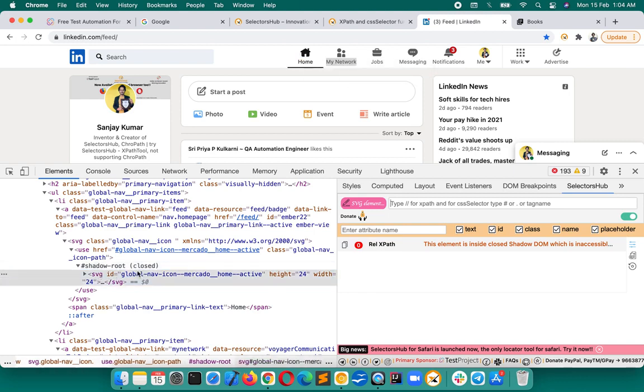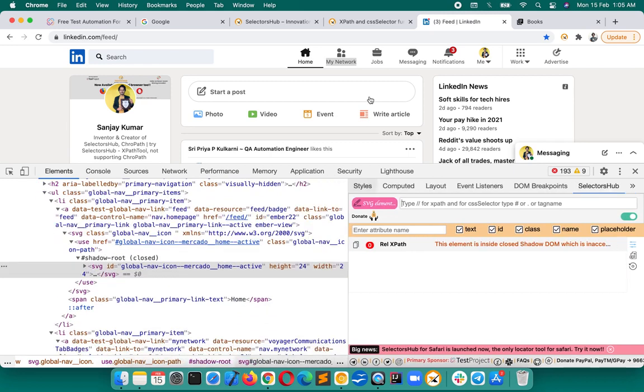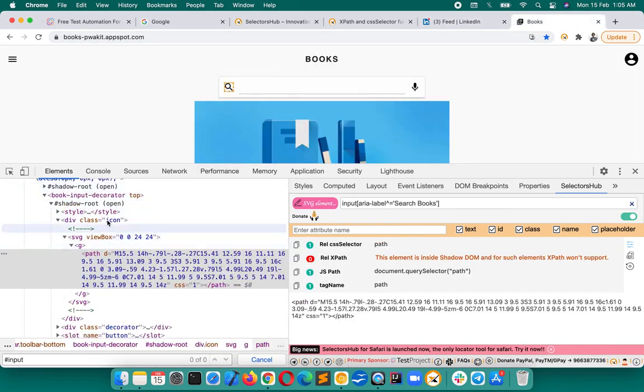Like here, if you inspect this element, Selectors Hub will tell you that this element is inside closed shadow DOM, which is inaccessible. This is a standard rule from W3C, or you can say browsers. So for such elements we can't write and verify selectors. Only if it is inside open can we. This you will have to remember. This is a rule basically.